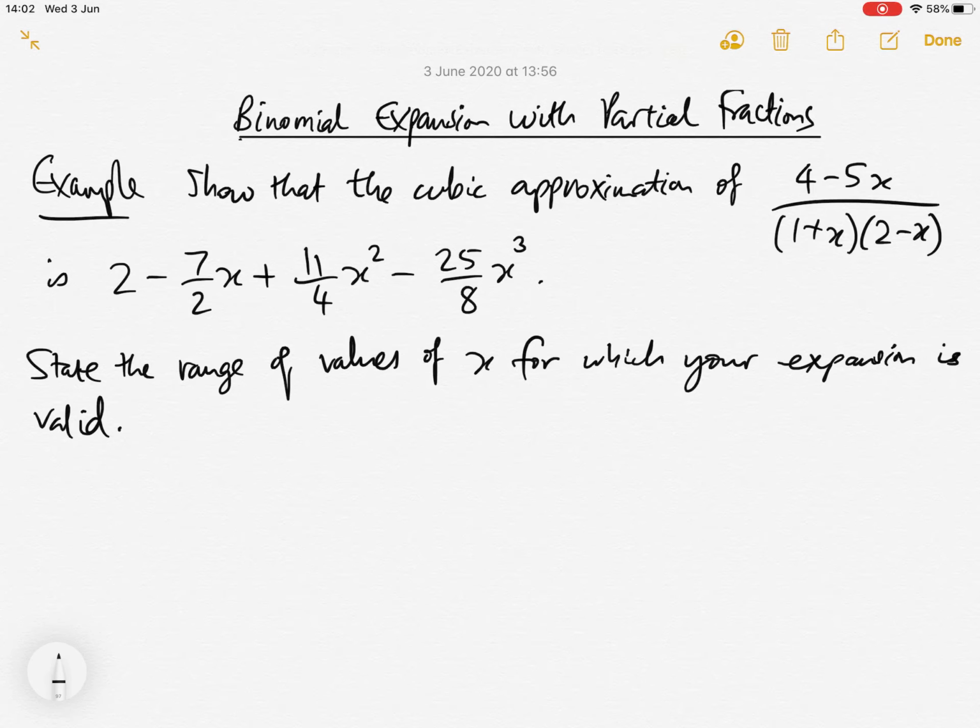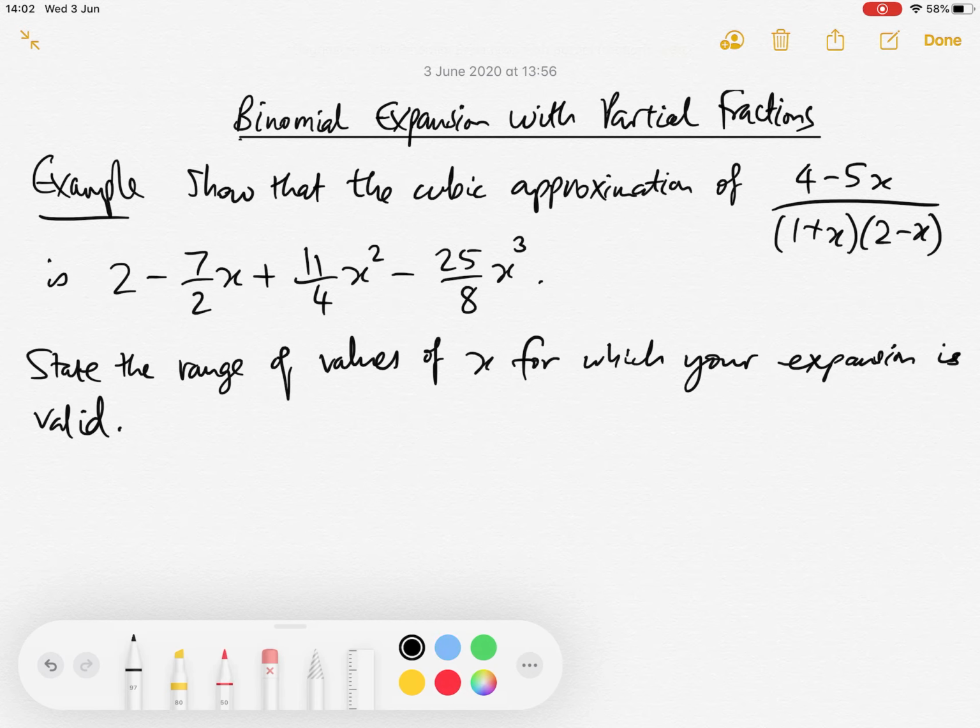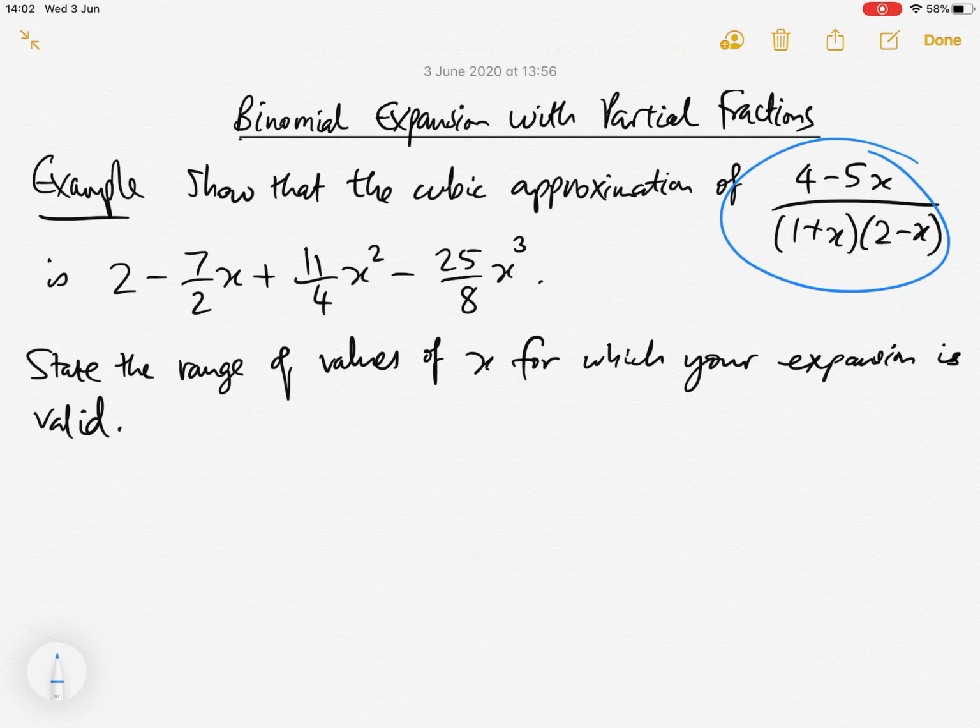So the final thing in the binomial theorem chapter is doing binomial expansions with partial fractions. This is where we want to find the binomial expansion of something that can be written in partial fractions. Writing in partial fractions isn't the only way to expand something like this as an infinite series, but it's probably the easiest way. Because, of course, a different way we could find the expansion of this is by multiplying